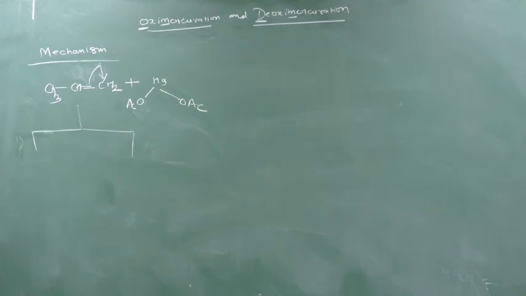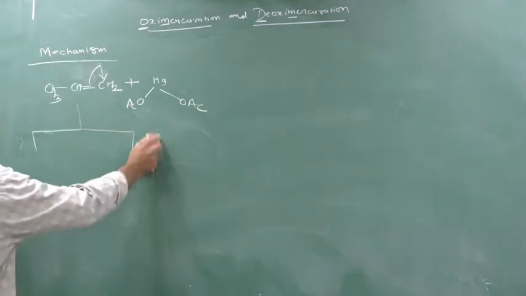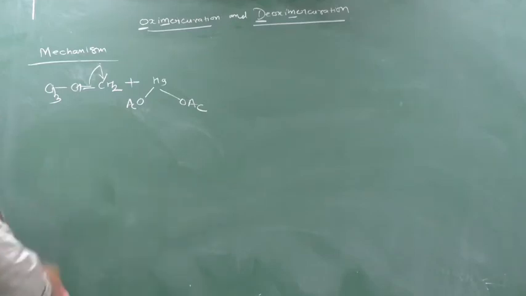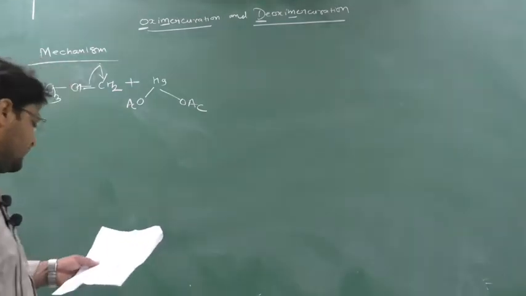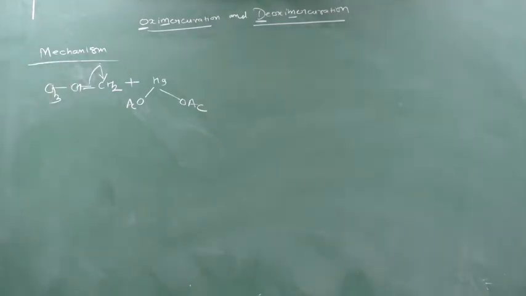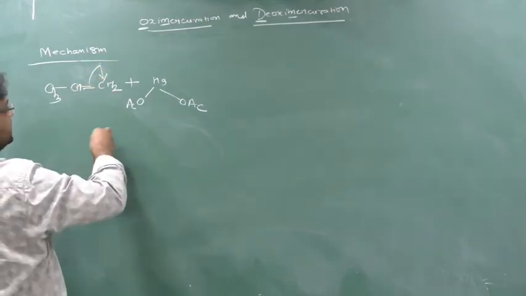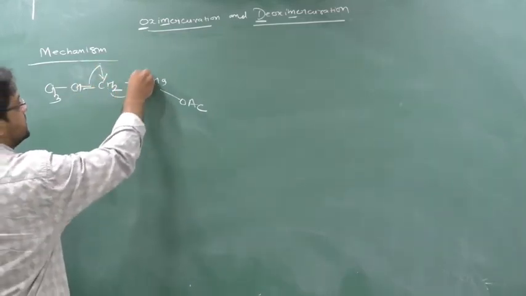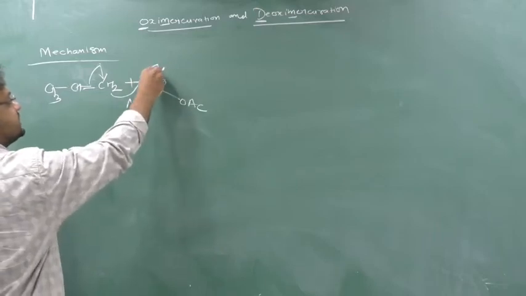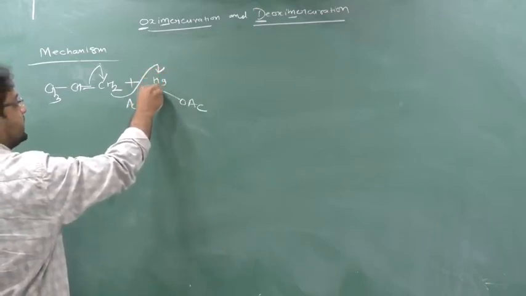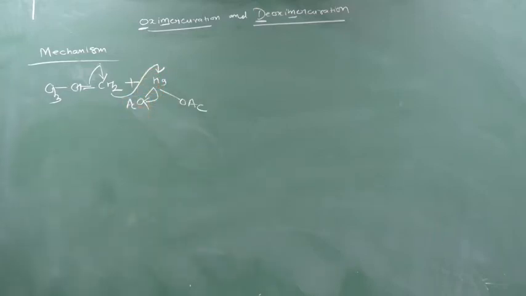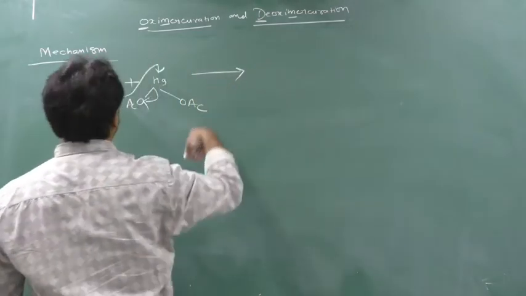Okay. So what will happen, you know? This will cleave in this way. But there is not a formation of a carbocation. Please students, remember, there is not a formation of carbocation here. So this bond will enter here, and this will react with this mercury. When this reacts with mercury, this mercury will break this bond. It will release this OAc minus. Clear?